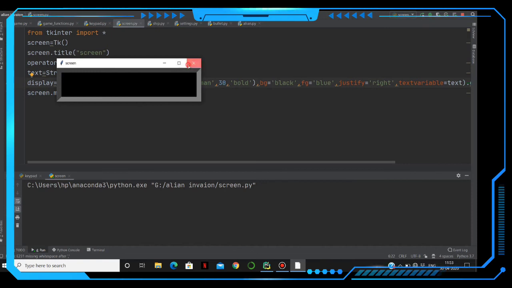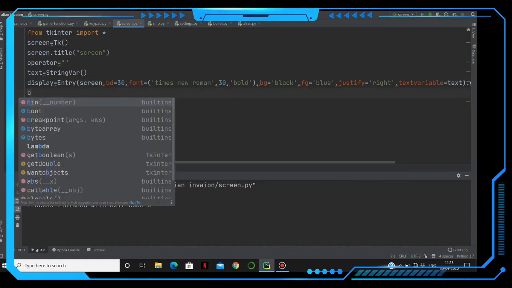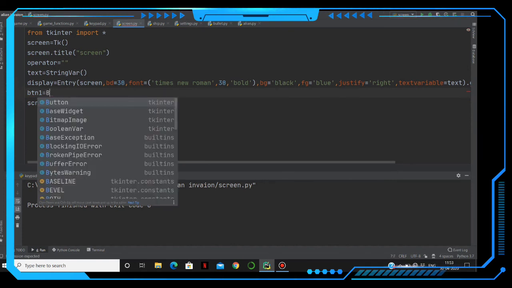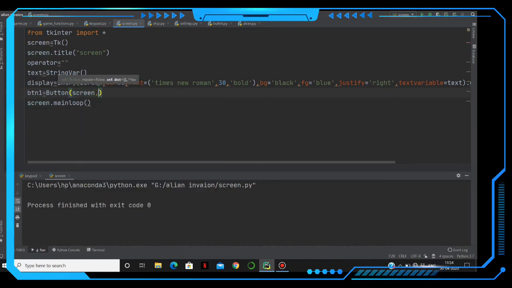See, now it looks like a screen, and then we have to create the buttons here. We have to create the buttons over here, like btn button 1. For creating a button, we have a keyword called Button. We have to call the event here, screen comma, and we have to enter the text here. Text should be 1 here, and after creating text 1, we have to make the pad x and pad y here. Pad x equals to 16, and pad y, here no need of pad y.